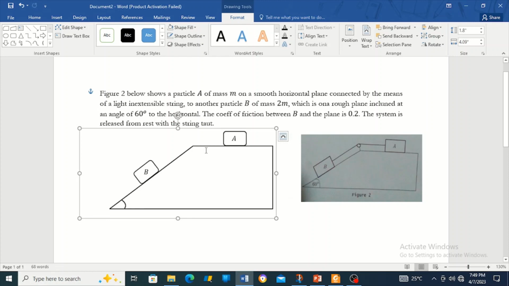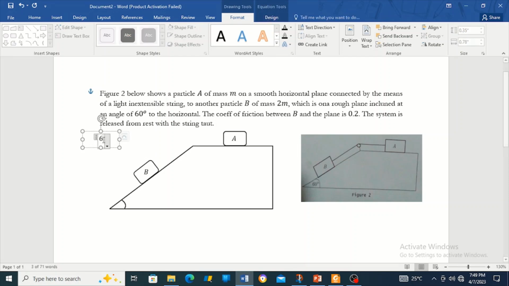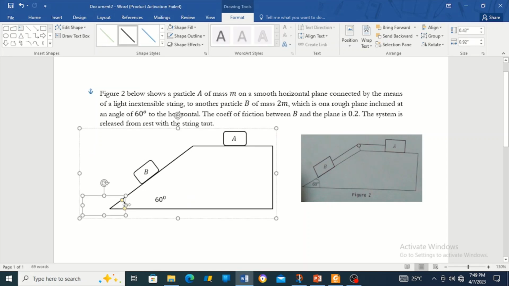Alright, now we need to input the 60 degrees there. So I just paste what I copied previously. I write 60 and then I put to the power, then I put my degree. That's the 60 degree. So either you put it inside or you put it outside. But to put it inside, you see that we need to shift this. Okay, we need to shift it so that